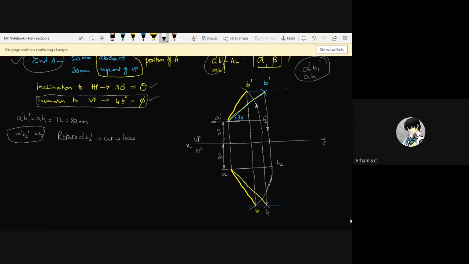So can you tell once again about the arc? Yes. Once you finish this merging of both, from A dash as the center and A dash B2 dash as the radius, you take the compass and keep the pin leg on A dash and the pencil point on B2 dash, and rotate it so that it will cut the locus line. Then only you'll get the intersection point B dash. Clear?